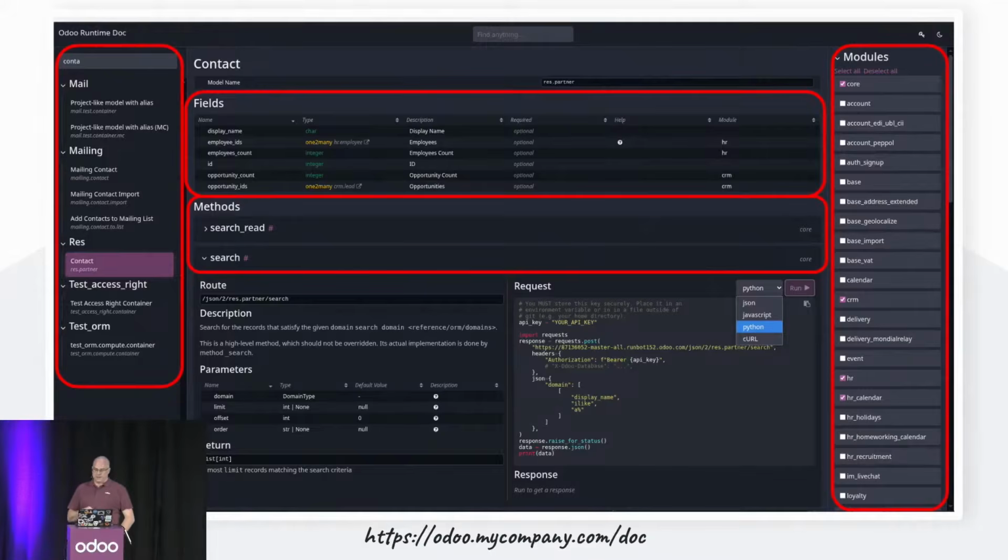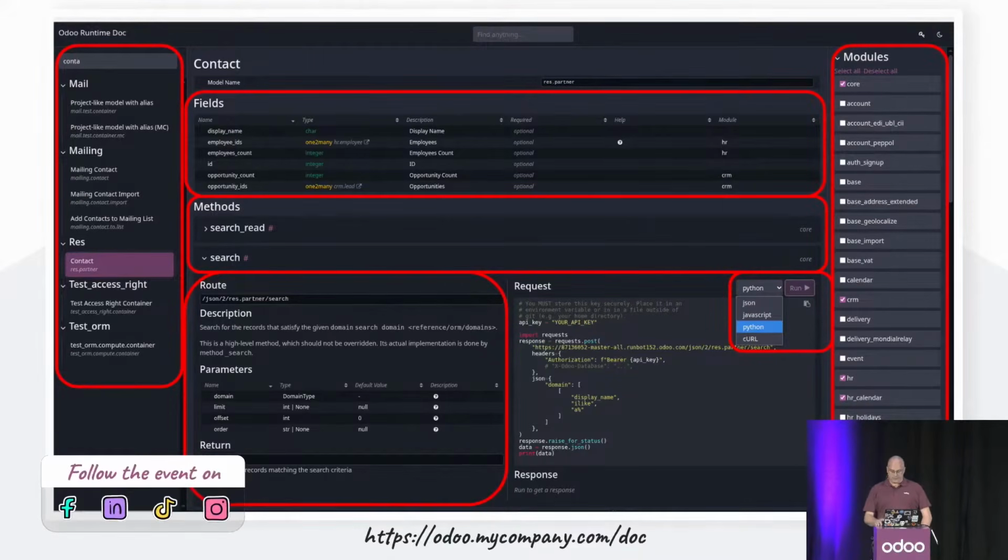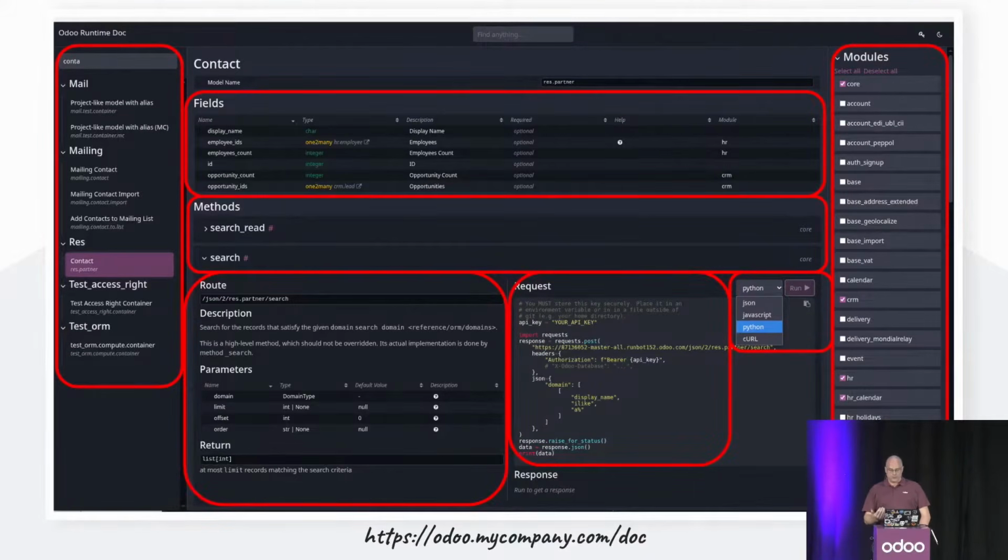In addition to the fields, you also see all the methods available for this model. And when you choose a method, you have the documentation of the method. So you see what arguments this method needs to work. You can even choose a programming language out of 4 programming languages. And when you select one language, like Python, for example, the system will give you an example of code to